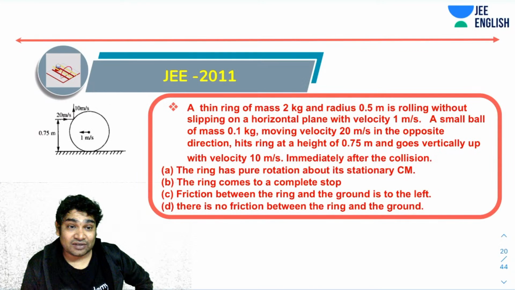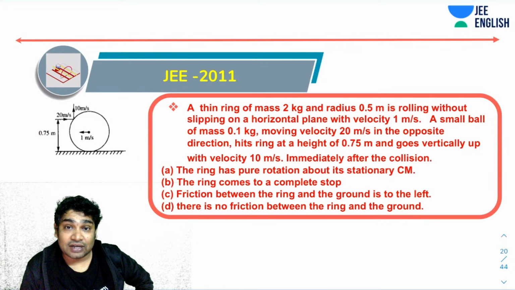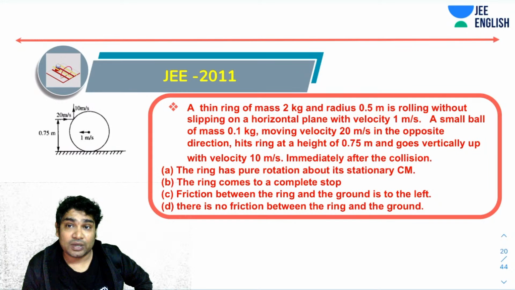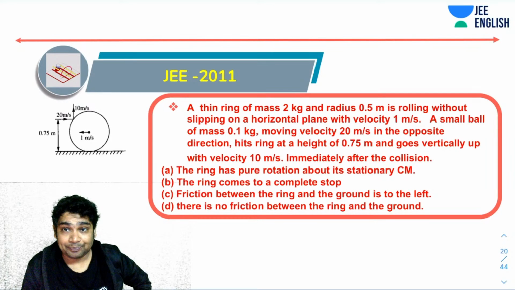Okay, now is another question that was asked in JEE 2011. Again, this is a very, very nice question. This says a thin ring of mass 2 kg and radius 0.5 is rolling without slipping on a horizontal plane with a velocity of 1 meter per second. Now, a small ball of mass 0.1 moving with a velocity of 20 meter per second in the opposite direction hits the ring at a height of 0.75 and goes vertically up with a velocity of 10,